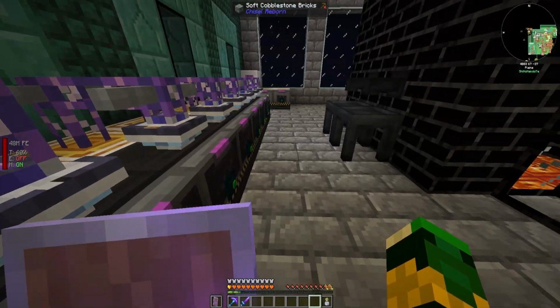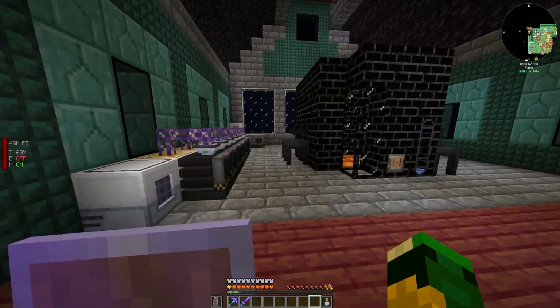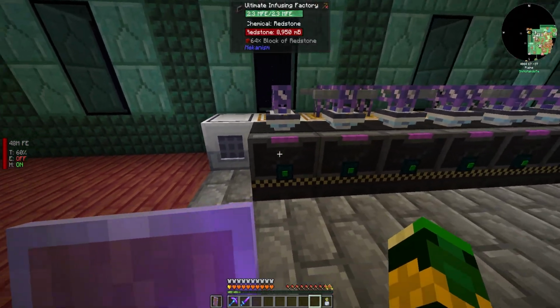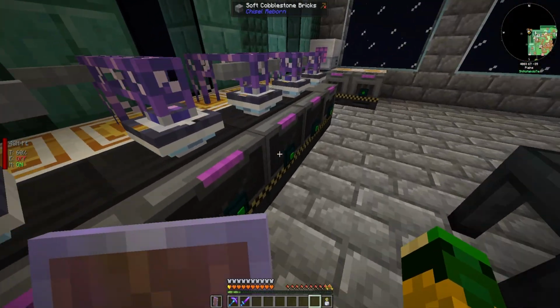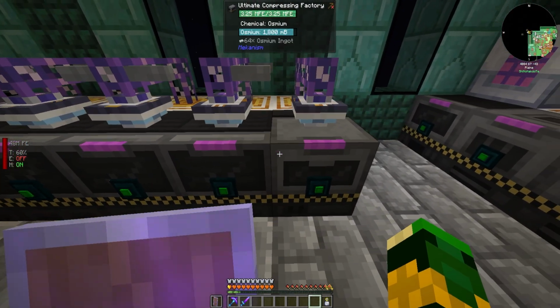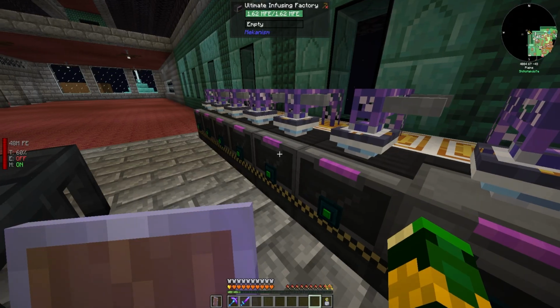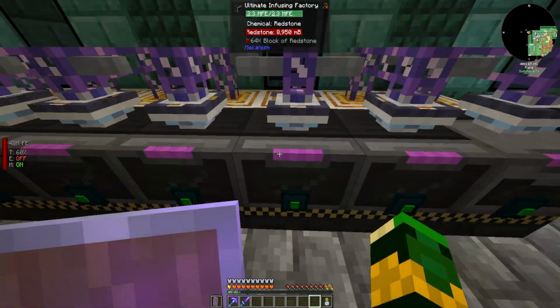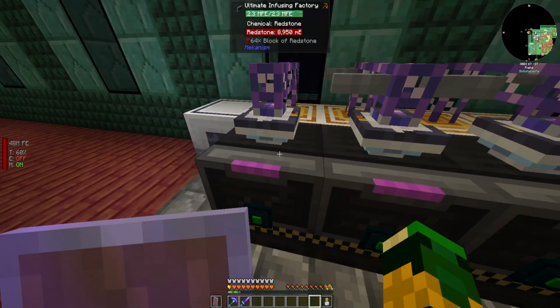So we did start into Mekanism. This is going to be our factory floor. We did start into Mekanism, and all I've really done is lay the foundations for how we get the key crafting components that we need for Mekanism. So that's what all of this is, and it's really simple.